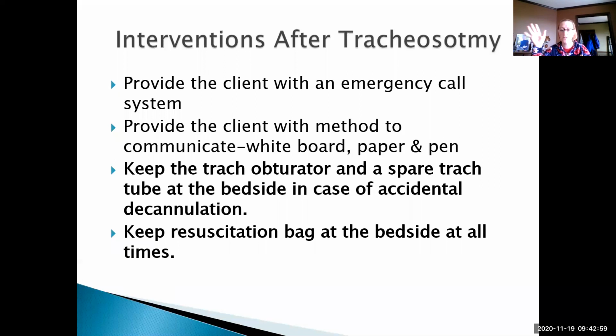Now, ideally, you should have a new trach at the bedside, and you can just place that new trach. But even if it comes out some, you can place that obturator through the trach to help reposition it back in, because again, that obturator is a stylet that helps guide the trach into place. Then keep the resuscitation bag at the bedside at all times, just like we do with our ET tubes,